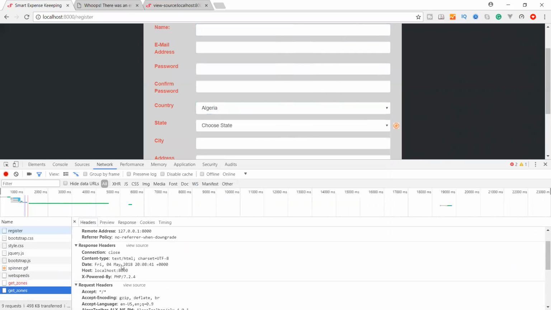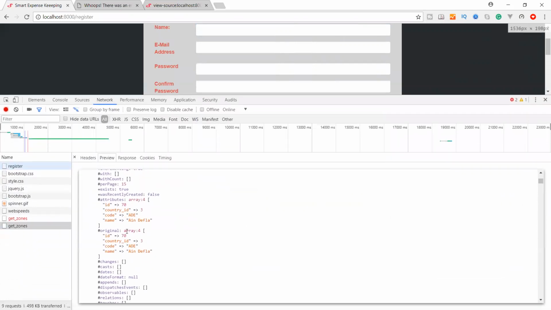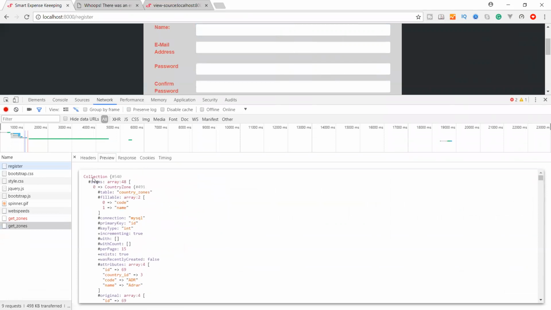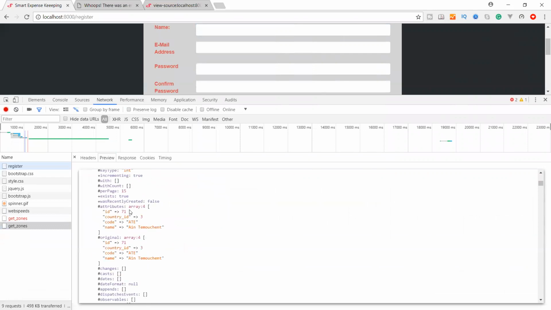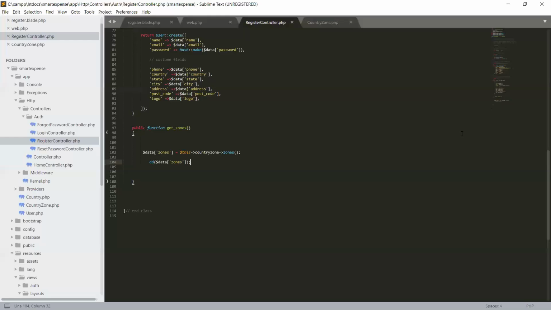In the preview we have its code, country zone is state code in our collection. So see, we have a collection of 540, an array of 48 states, so the total number of states is 40, so that's great.